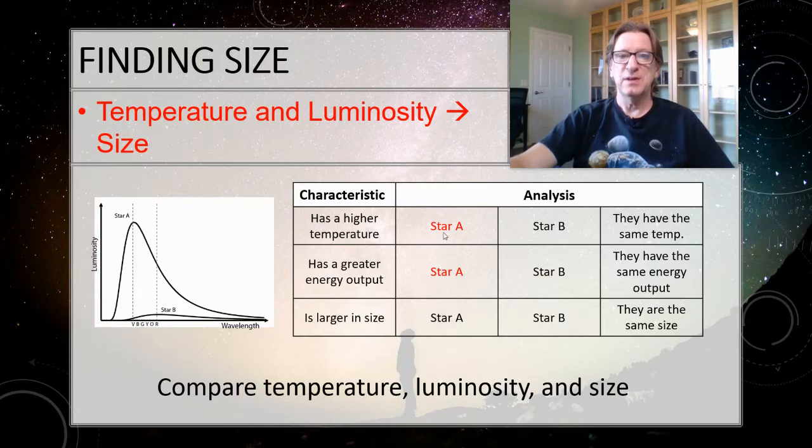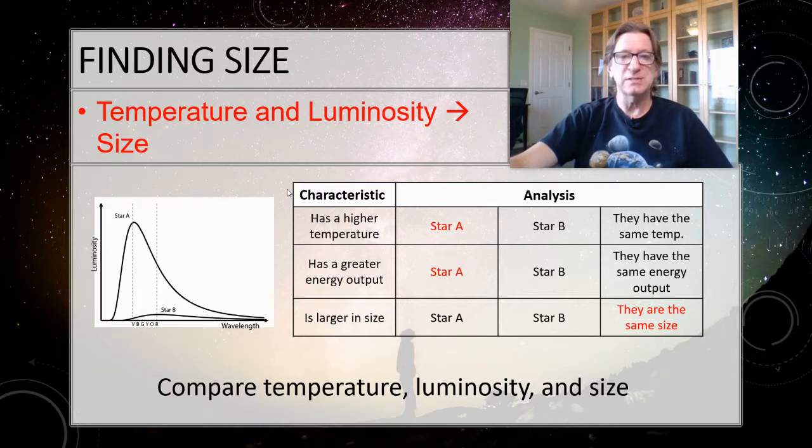Okay, so you're back. Now we talked about star A is a higher temperature. Star A also has the greater energy output. Which one of these is bigger, or are they the same size? Well, they're actually the same size, and that might have been challenging for some of you. But think about it. This is bright only because it's hot, not because it's big. And so that tells us that this must be the same size as this one. This one is dim, not because of its size, just because it's not very hot. So these two must be the same size.